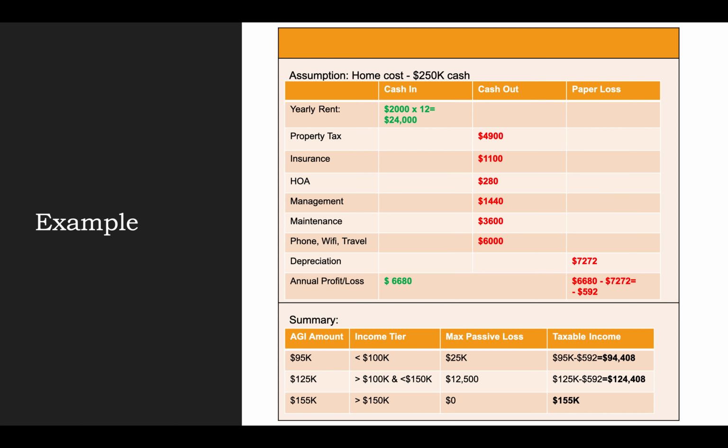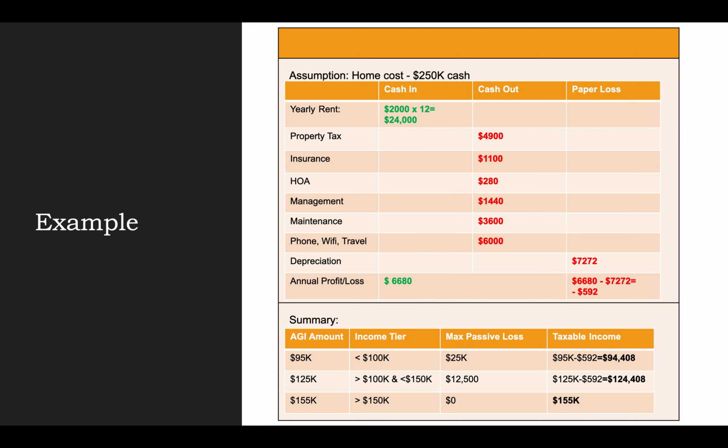We use the same assumption where the land value is $50,000 and the building value is $200,000. We then use $200,000 divided by 27.5 years, which equates to $7,272 as our annual depreciation deduction. What you would do is deduct $7,272 from your annual profit of $6,680, which equates to negative $592. And that now has become your